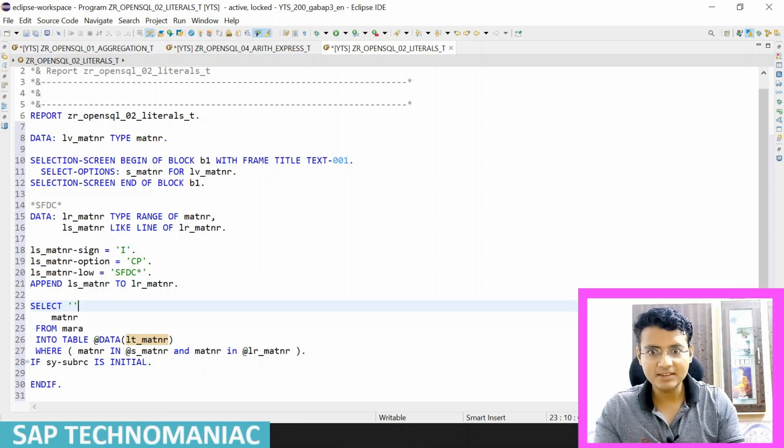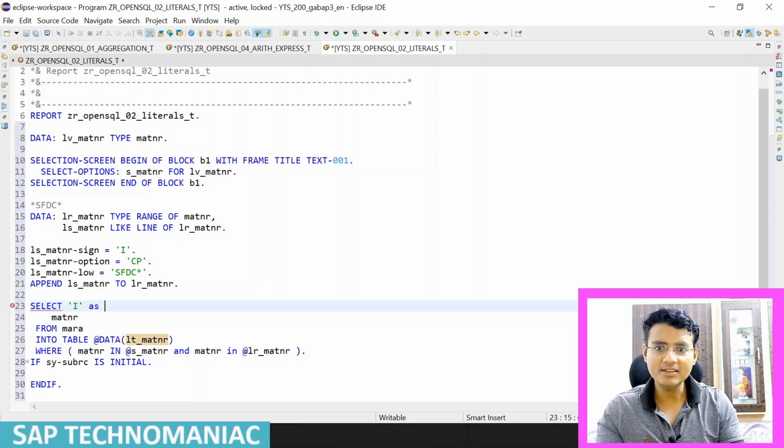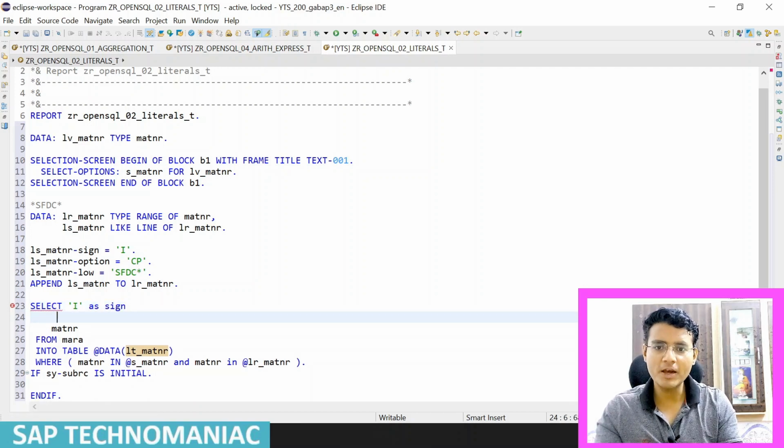Select, I is sign, EQ is option. These are literals I am using instead of, this is very useful real-time scenario where we have